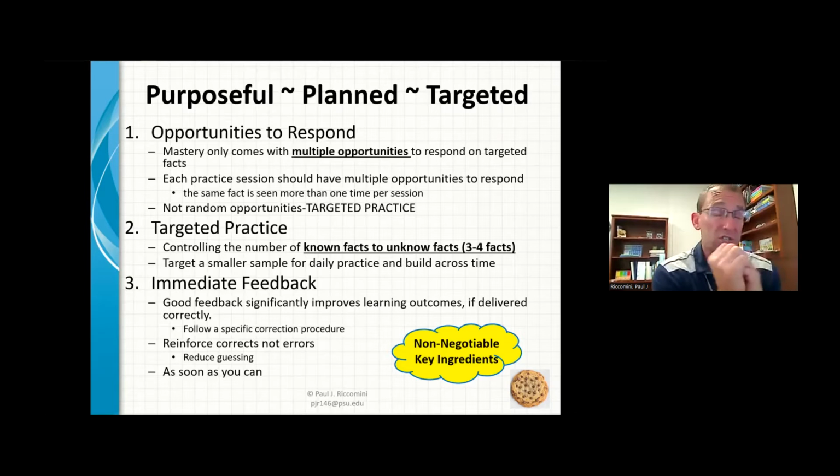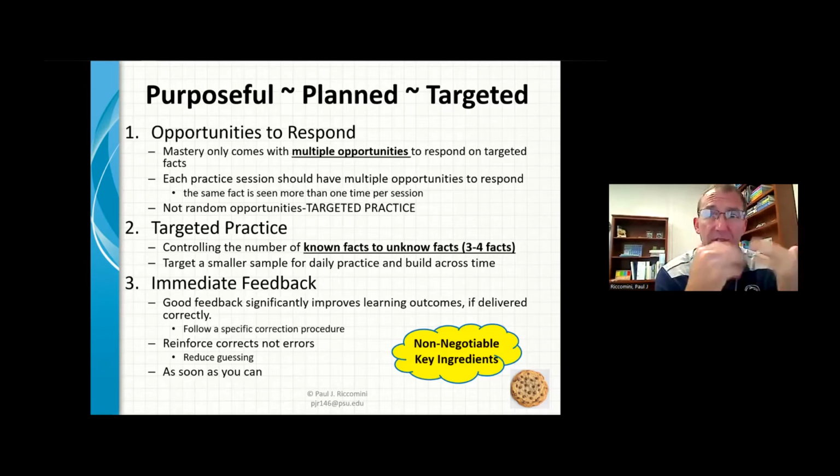And I should have said this yesterday, strategic learners already tend to do that. You have these kids that are organized in their learning. When they begin to practice facts, they will actually begin to regulate and say, oh, I don't know 6 times 7. I need to practice that one extra. And then they do that on their own. Kids that are not strategic, especially kids with learning difficulties, are not making that kind of recognition, and therefore they're not getting that extra practice. So this is really a key piece, that second one.